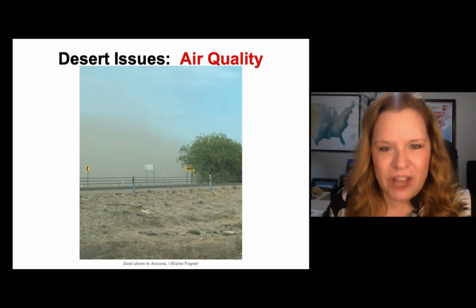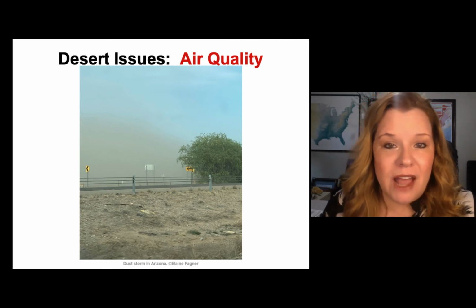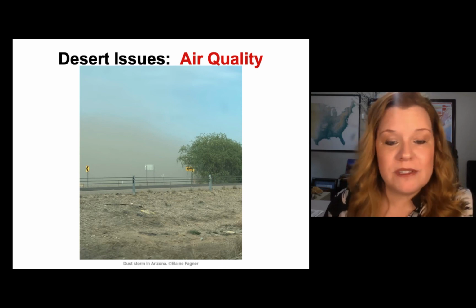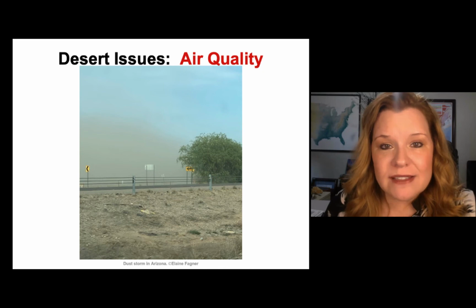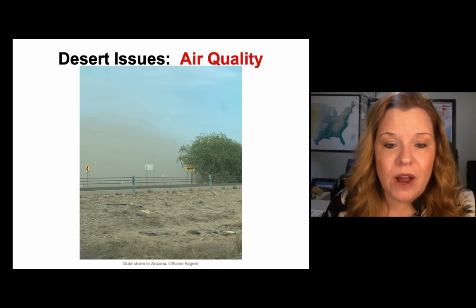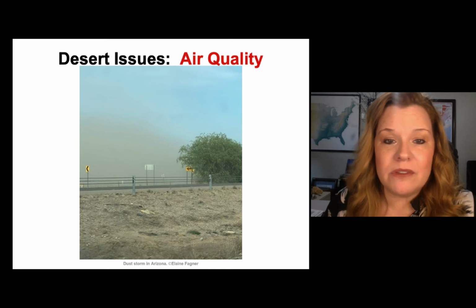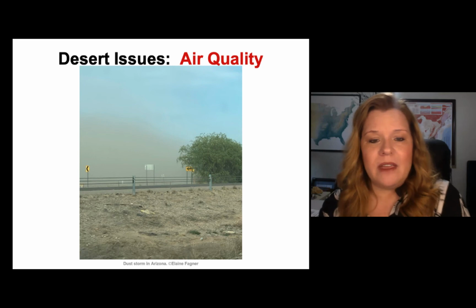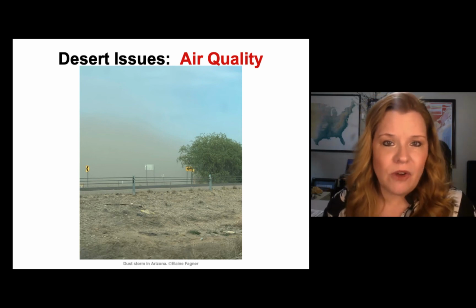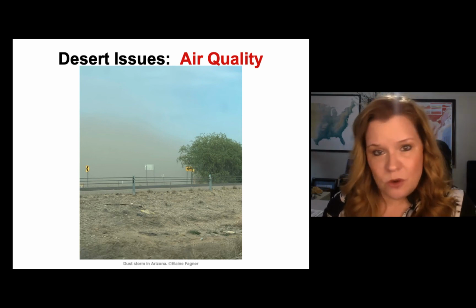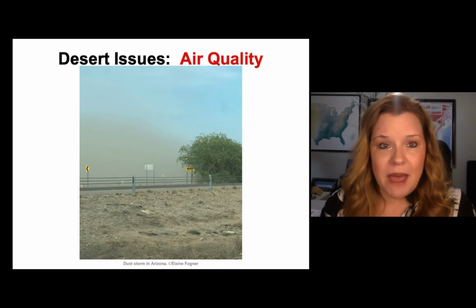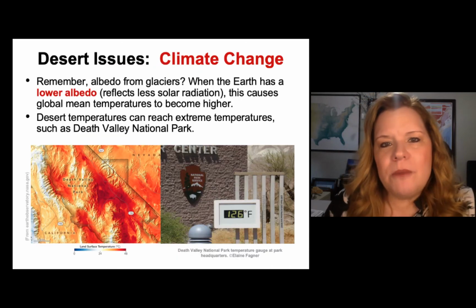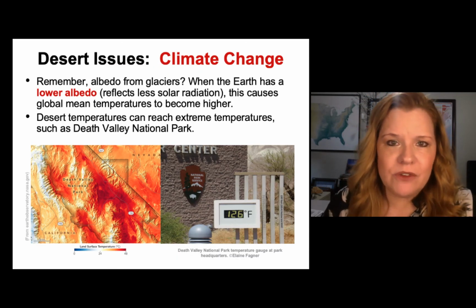Another problem in the desert is air quality. And this can happen because of suspended material that gets into the air, like a dust storm. And this is a dust storm not too far from Phoenix. And we were out there and this came in and couldn't see a thing. So these things do cause problems and they present issues for the people that live there. Air quality conditions for dust storms can reach hazardous capacity, even by EPA standards, for making the air unsafe to breathe.